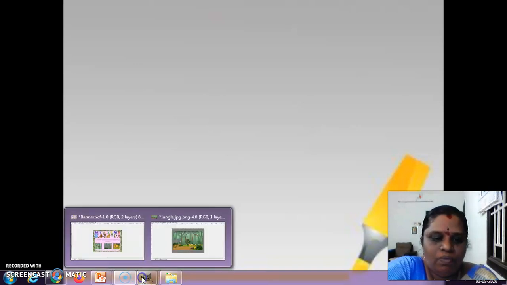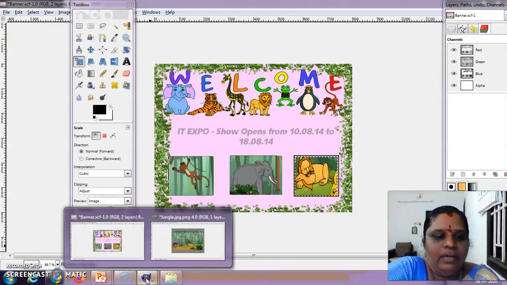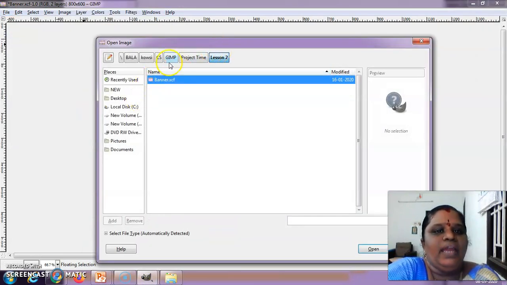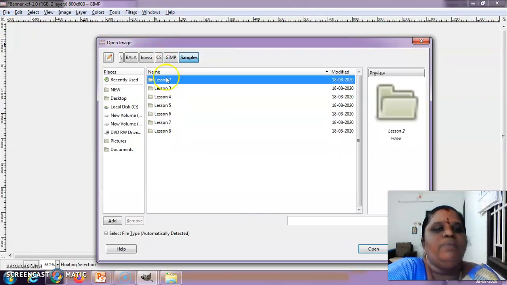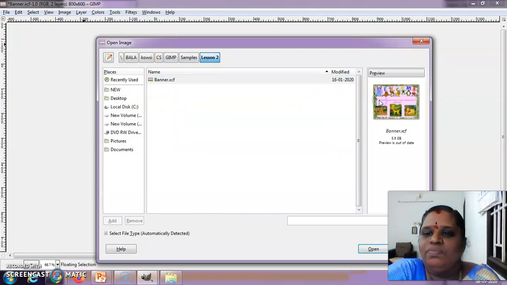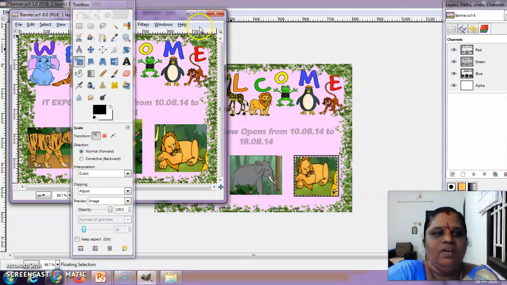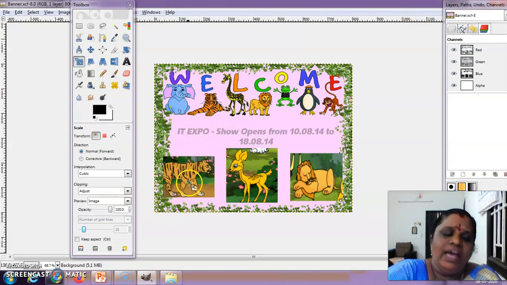See, this is the banner we created, and the banner which is the sample given in our XIMP is like this. See, instead of the tiger, we have a monkey.